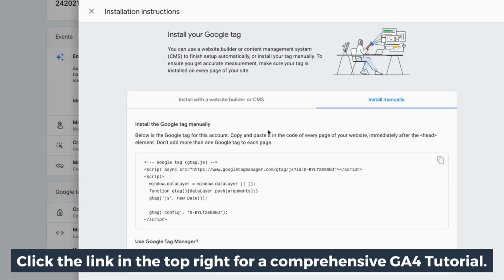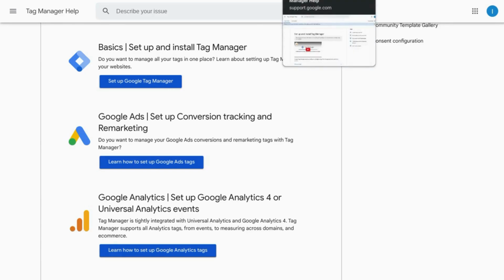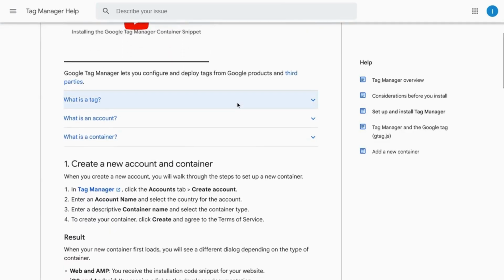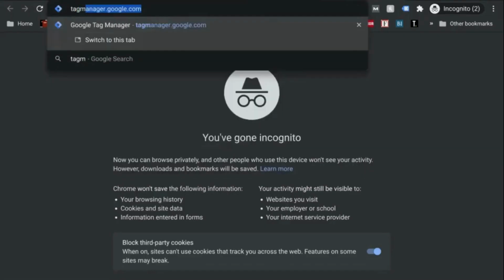The second method is to add the Google tag using a tag manager like Google Tag Manager, or GTM for short. It's a great way to manage tags for advertising, other marketing tools, creating customized tracking, and validating the data you're tracking, all without developer resources. Go to